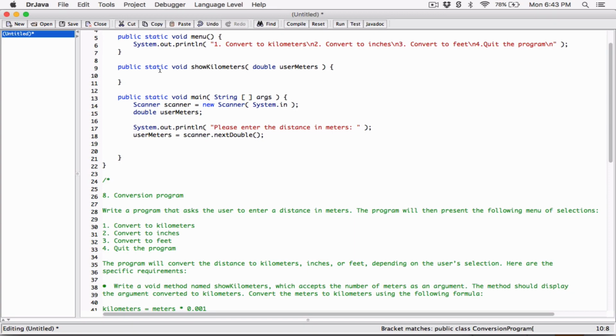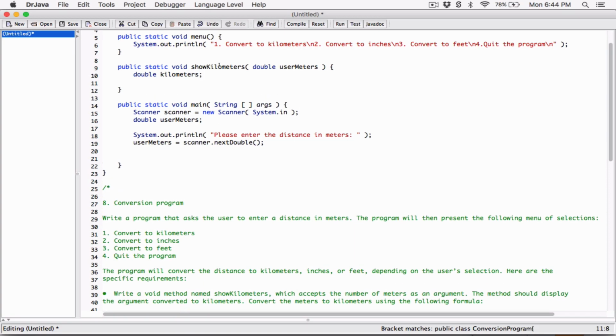So we are going to first of all convert these meters to kilometers. So I'm going to go ahead and define a variable called kilometers, which is going to hold the kilometers. Double, because when this is converted to kilometers, it can be 225.0, or it could be a decimal. So that's why I'm defining it as a double. Once I've defined the kilometers variable, I'm going to store the conversion. I'm going to store userMeters converted to kilometers in the kilometers variable, and the formula to do that